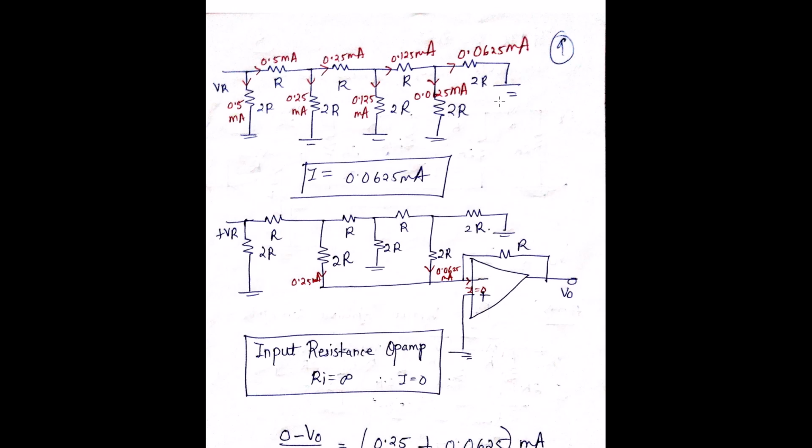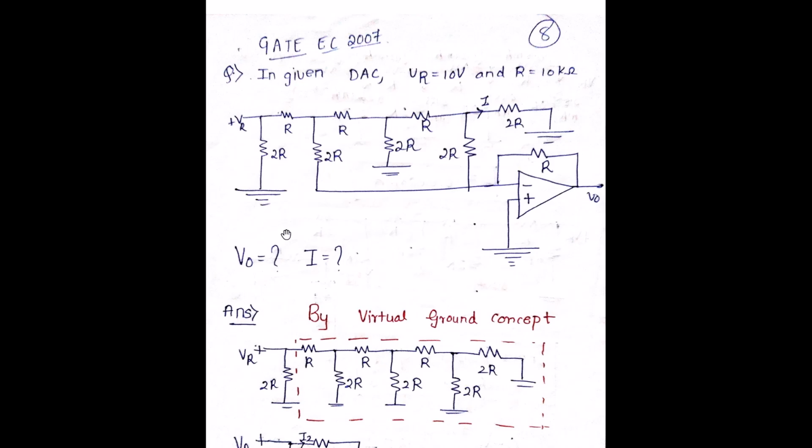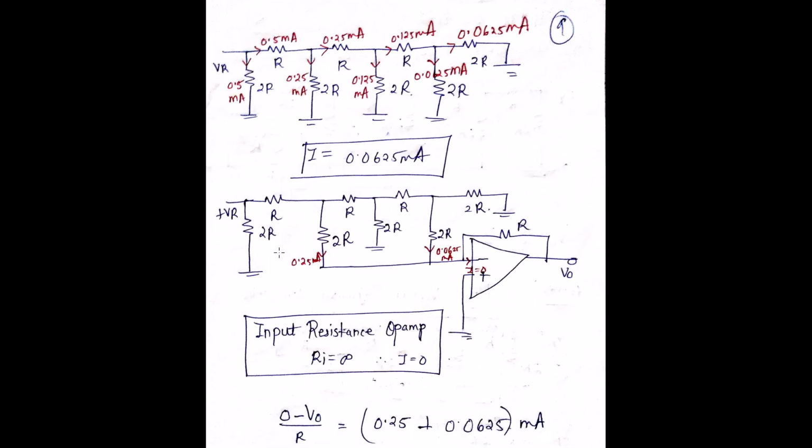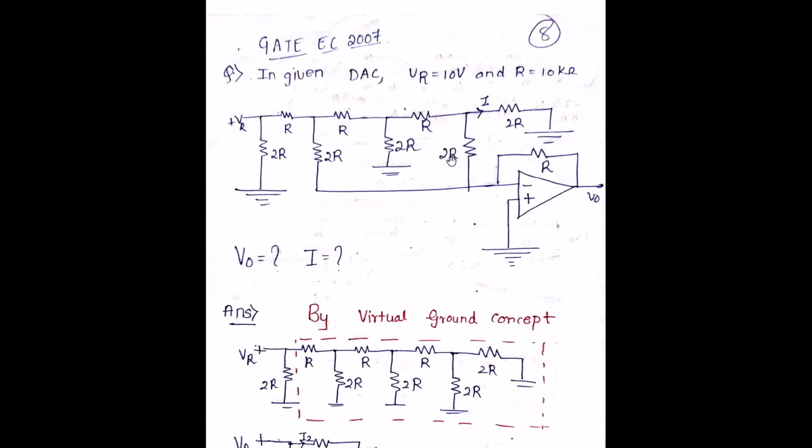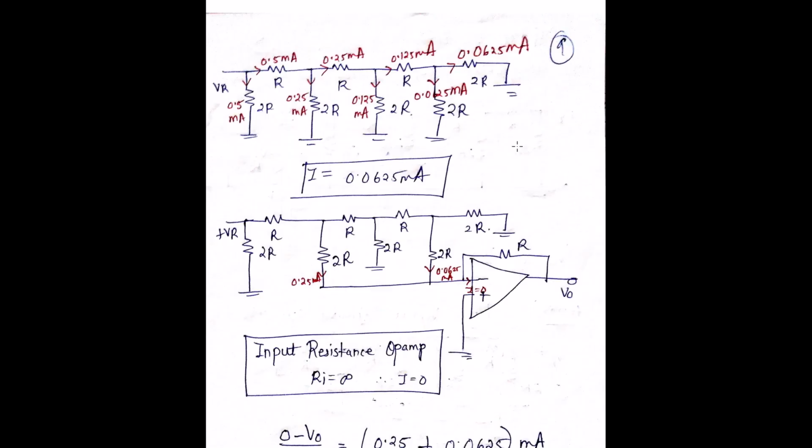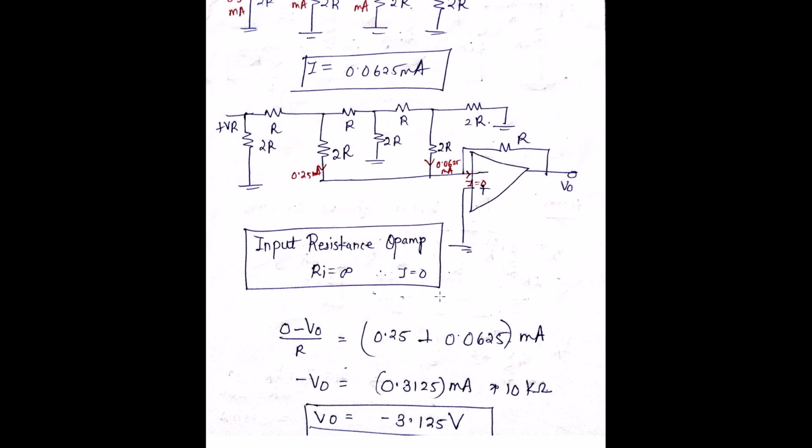Okay. Now what is the next question saying? What is the output voltage? So if you see over here in this circuit, I have drawn this circuit once again over here. Now the current coming over here is 0.25 milliampere and the current coming over here is 0.0625 milliampere. Hence at this point the voltage is 0, because the non-inverting terminal is connected to ground, hence the inverting is also connected to ground. We have 0 minus of Vout upon R is equal to